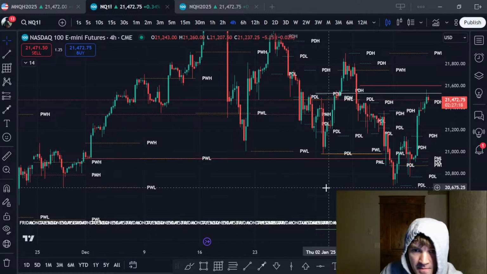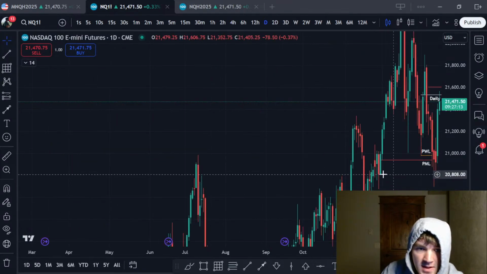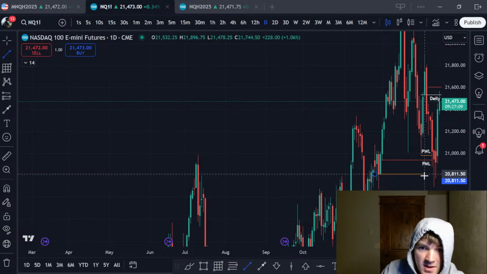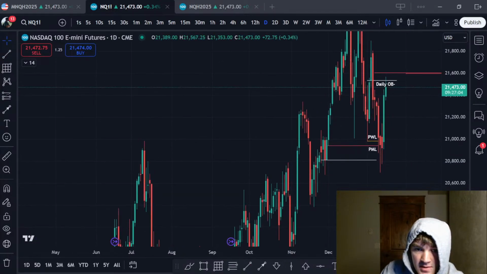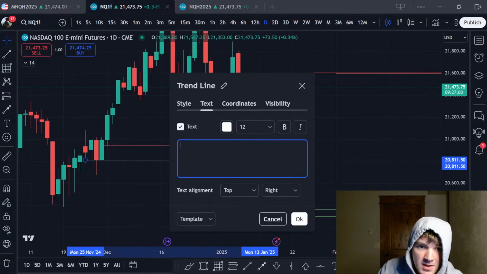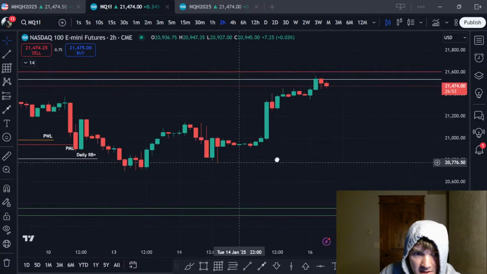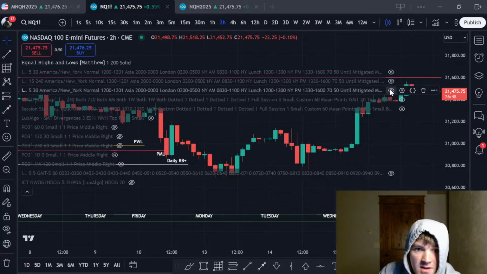The other thing that I noticed that we had was this daily rejection block. This was the key level that I saw. Let me know if you guys saw a different key level, but I didn't see anything else that was super obvious, so this is the one that I used. I know I don't normally use rejection blocks, but that one just looks good, so it just made sense to me to use that. So getting rid of that.